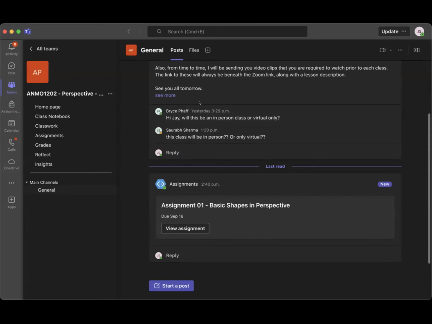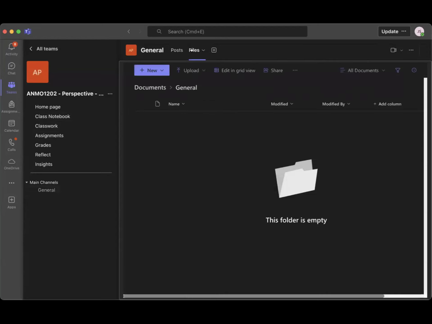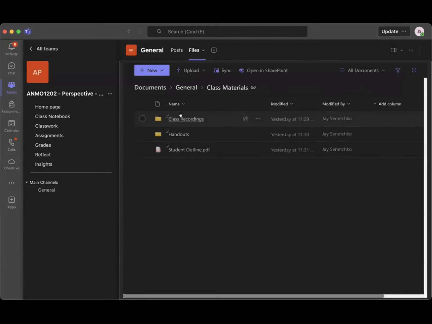For the first couple of assignments, there won't be any video clips because there's not really any point, right, to sending you stuff. For your resources, you'll go here and you go to class materials, right? So under files will be class materials. In class materials, you have class recordings, handouts. Class recordings is literally a recording of my face saying this stuff from today. That'll be uploaded at the break every day. Handouts, this one's probably already there. If it's not there, then it'll be there by the break.